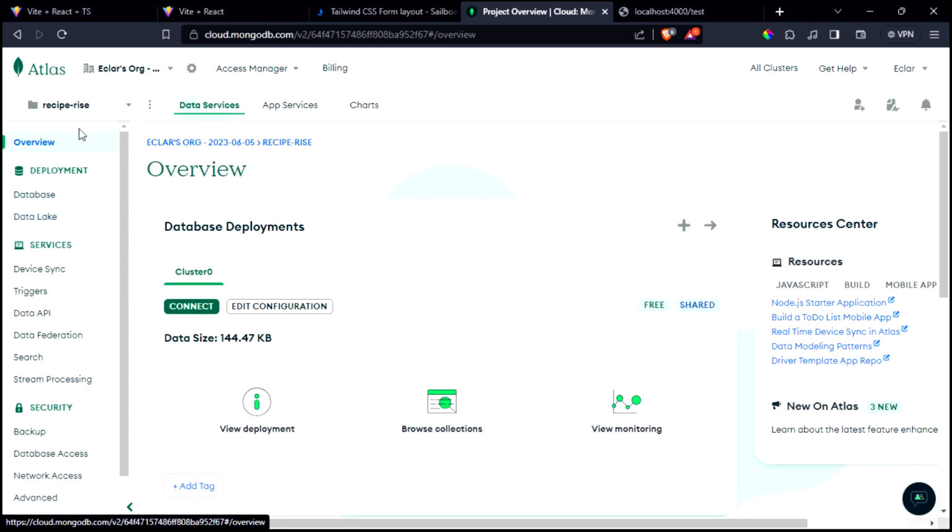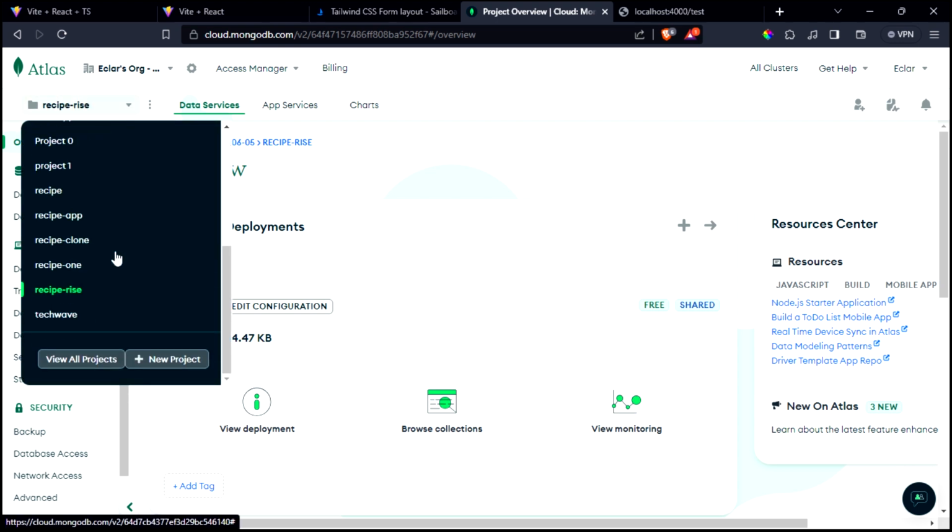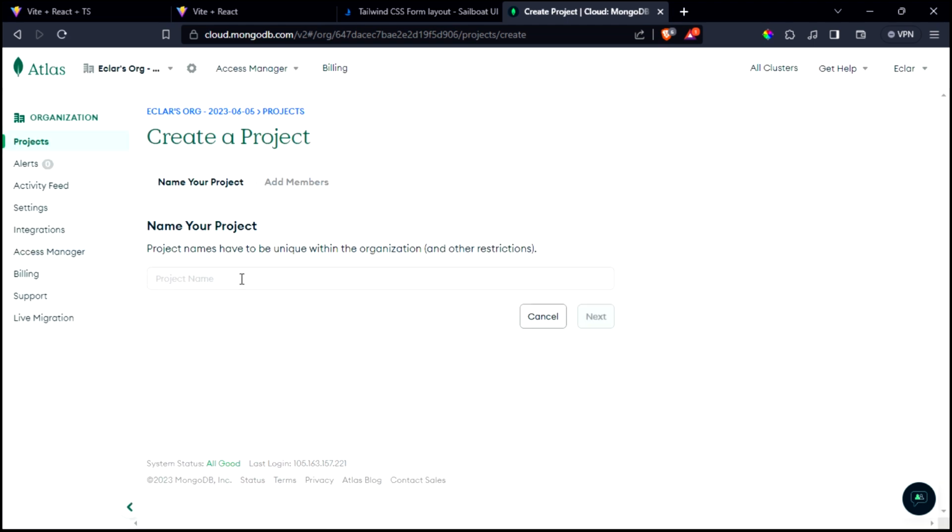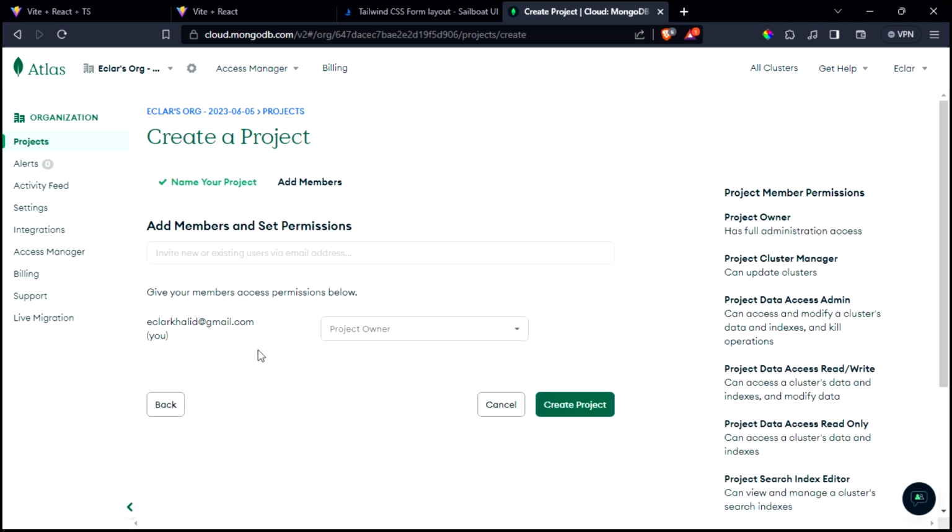After signing in, you're going to come to this part and select new project. If you are a new user, you're going to see the new project button somewhere. I've named it my project, like that. Then next,